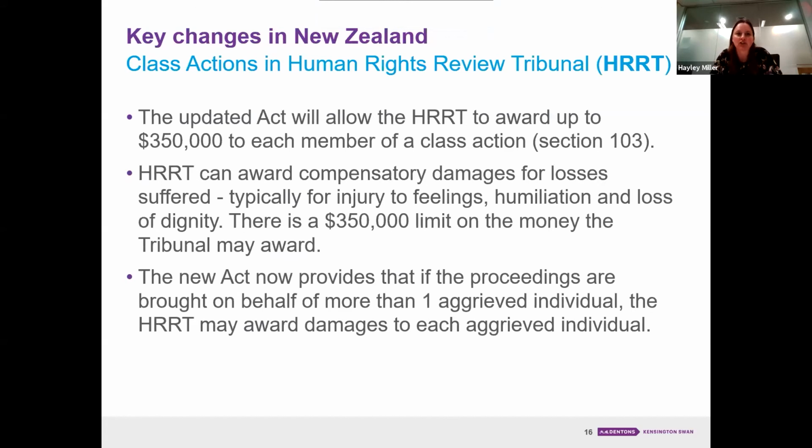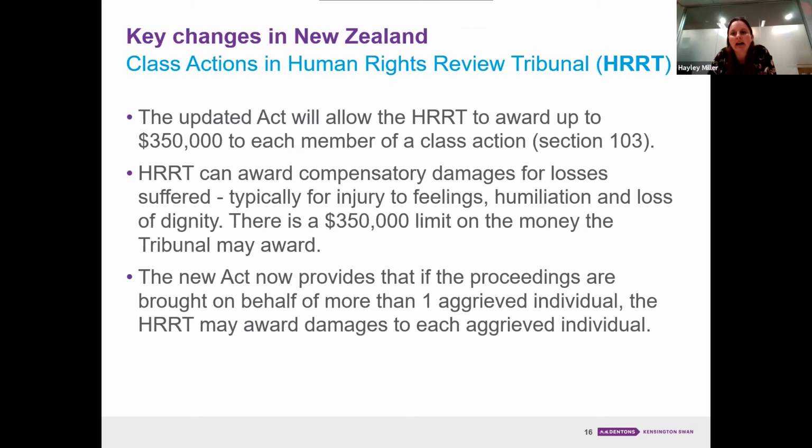Another reasonably significant change, and one that probably helps with getting some time and budget to work in this space, and often that's what is needed, is that although the baseline fines have not increased significantly, so a baseline fine under the Privacy Act is $10,000, and whether or not that is going to apply to one person's breach or multiple will be played out. But one that has been made very clear is around the Human Rights Review Tribunal, and that is essentially where an individual can go in terms of damages.